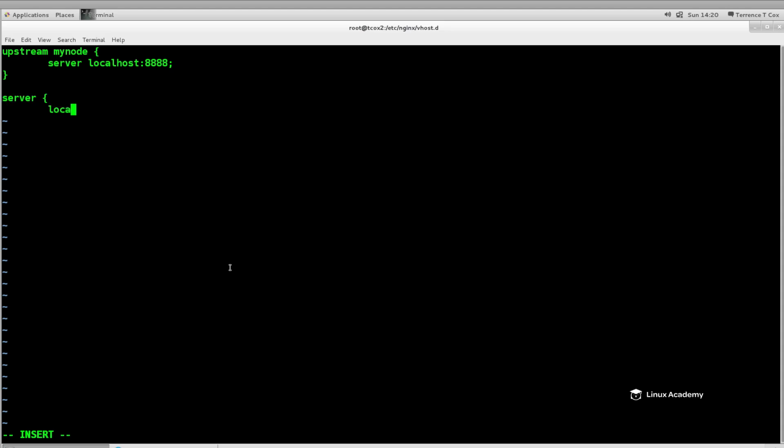So in our case, we're just going to create a server. We're going to say that the location that we want to load is under this configuration. We're going to say proxy_pass. And all this is going to do is connect to the directive that we just set up called mynode. So mynode